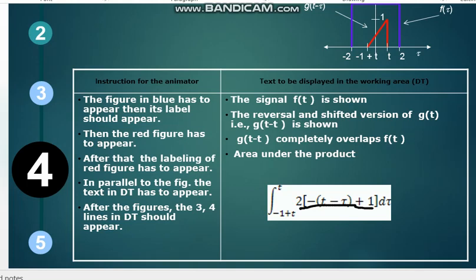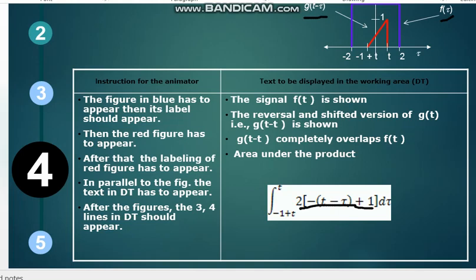The equation is the same, but you will ask how that can come. The equation comes from g(t) and f(tau), that is g(t minus tau) and f(tau). That's pretty similar. That is f(tau) times g(t minus tau). What is g(t minus tau)? The value of g is 1, so that is minus (t minus tau), because that is the negative version, that is the reversal. Plus 1, what is plus 1? The total value of f(tau) is 2, so that is plus 2, and taking the 2 out of it, you can get this.